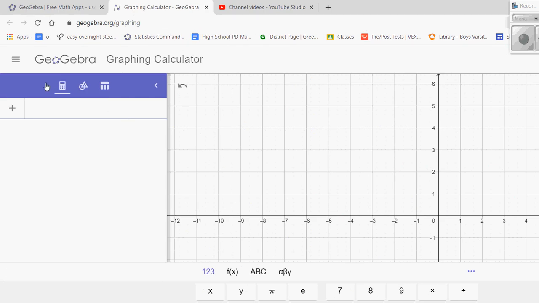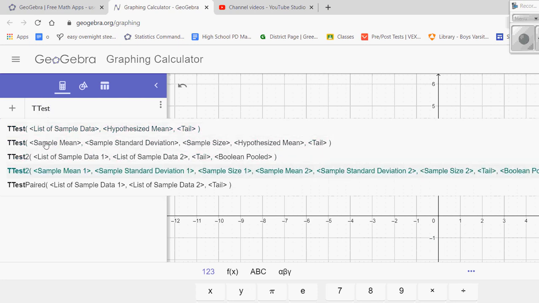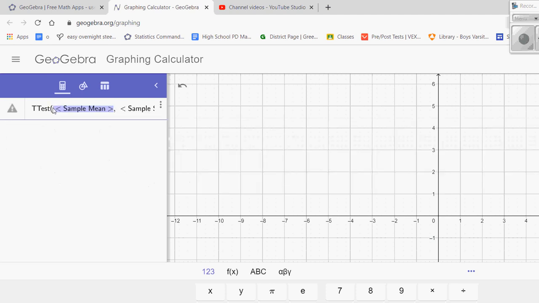Up here in the left, we type t-test, and you can see it gives a list here that we could use. We don't want a list of the sample data. We're going to start with the information. If you had a list and not the mean and standard deviation, you can do that here. It's much easier just to find the mean and standard deviation by some other means, and then we go to here. So our sample mean was